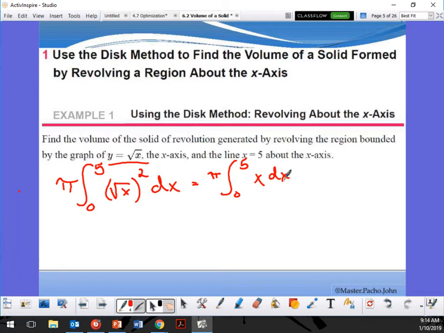So it's going to be pi times x squared over 2 from 0 to 5. I'm not going to have any bottom part of this, right? It's going to be minus 0, isn't it? So my answer is going to come out to be